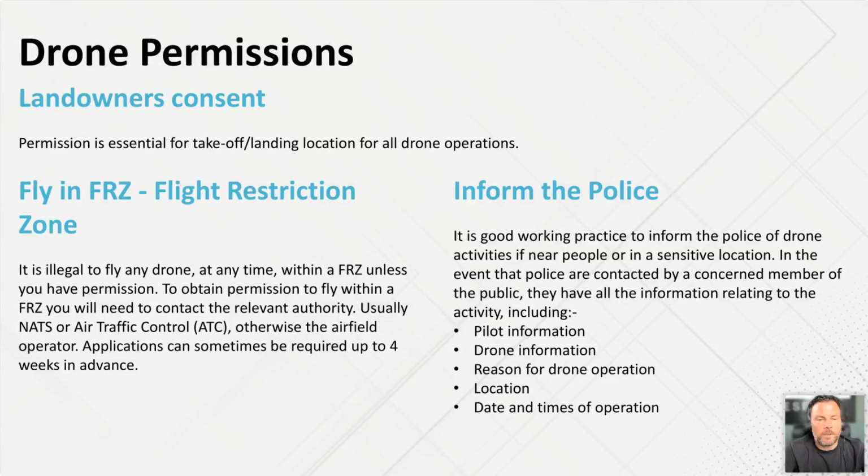The other key point, or we do it as best practice, is inform the police. There are various examples I can go into, but if we're surveying for a housing association or a council high-rise blocks of flats at night with a thermal drone, the likelihood is that residents, tenants are going to be quite inquisitive as to what we're doing. First things first, we'll notify the police and we'll get a police number